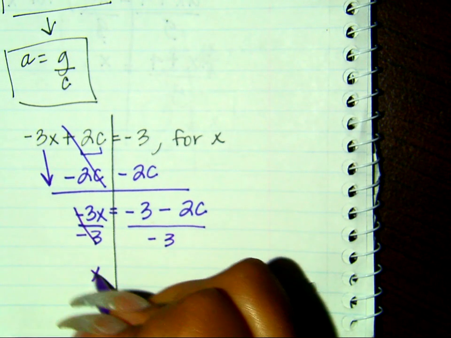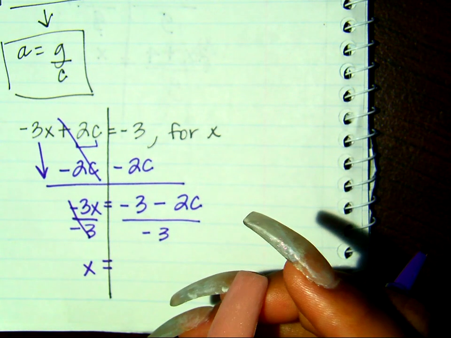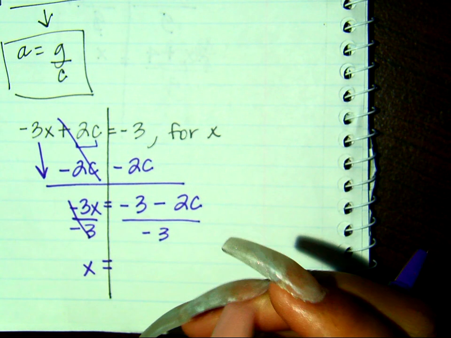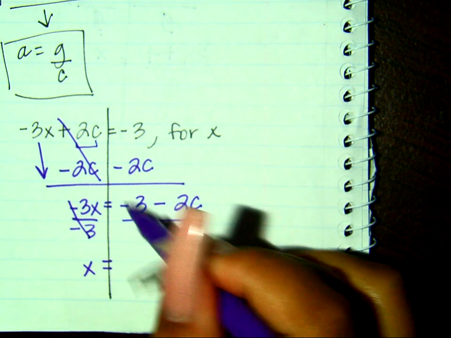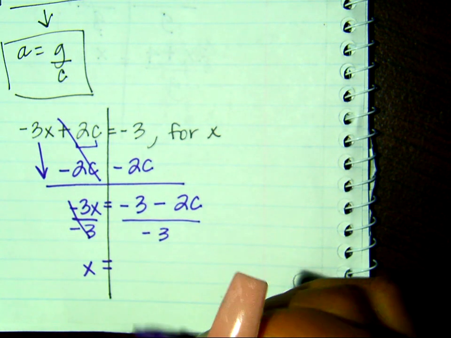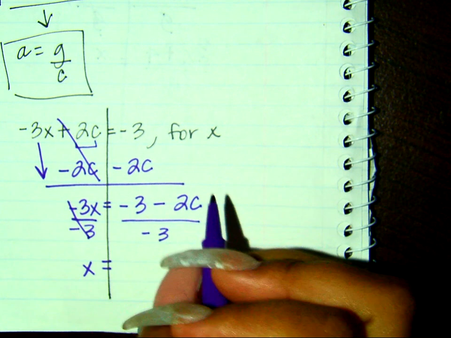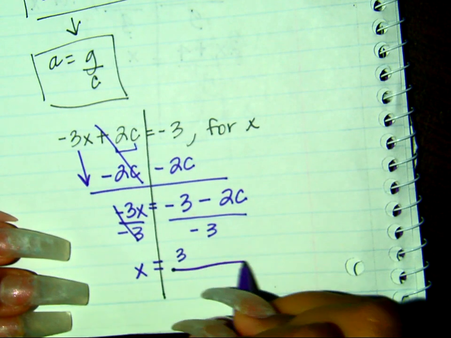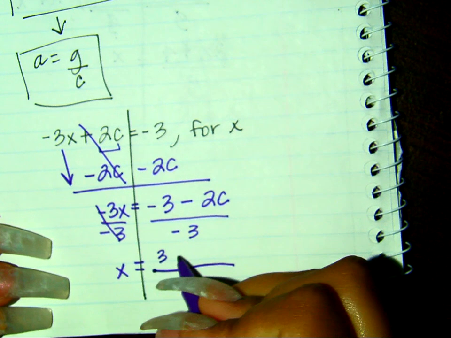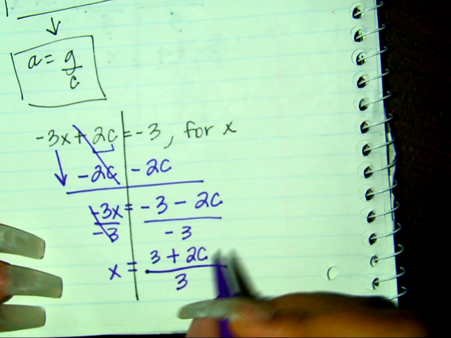Now at this point it is my job to simplify what I can simplify. So negative 3 divided by negative 3, two negatives become a positive. So this would literally be 3 plus 2c over 3, or